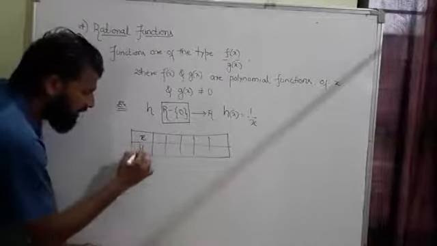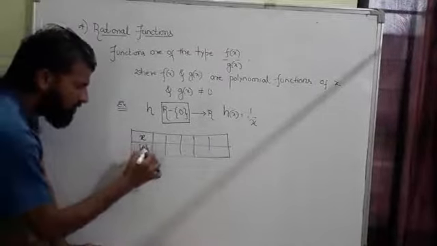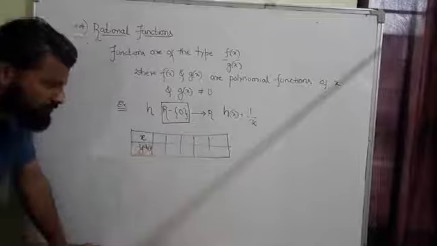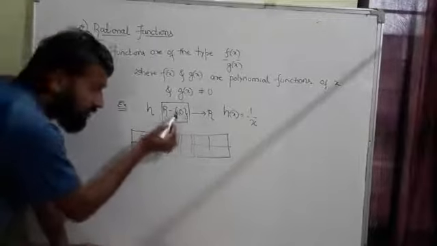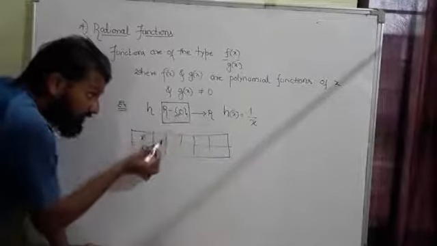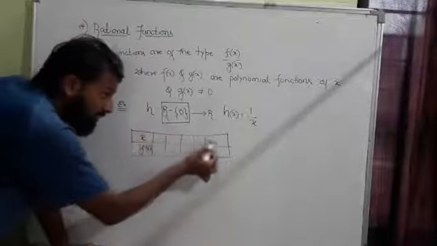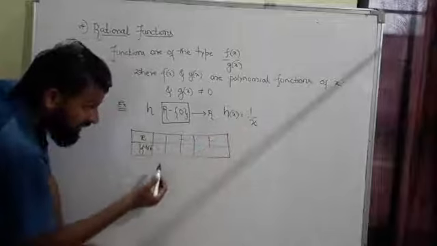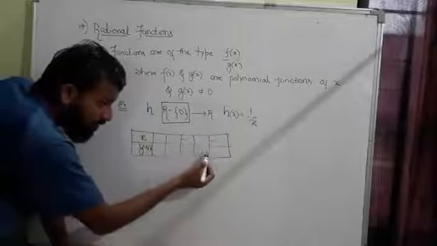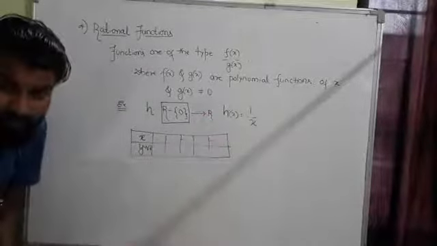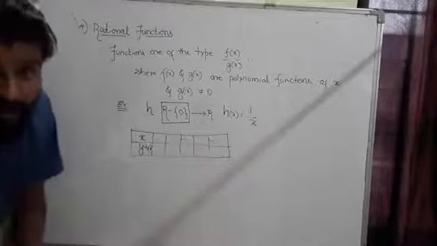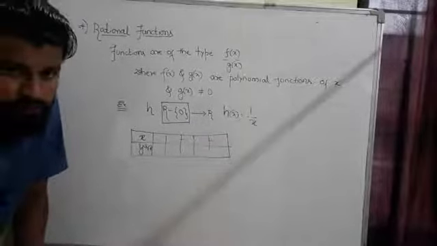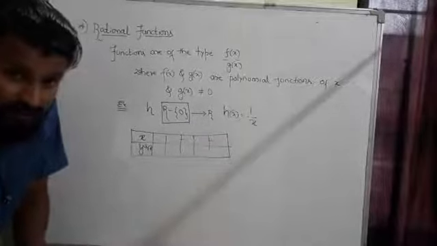You can call it y if you want, or you can call h of x also, that's your wish. Take the values for x, but don't take 0. Apart from 0, you take any real number, and correspondingly 1 divided by that number. Use the calculator and fill these blocks and plot the graph, and you have to tell me what is domain and range. So that we'll see in the next class.